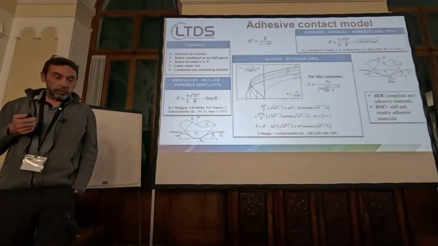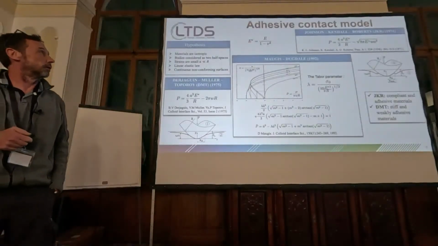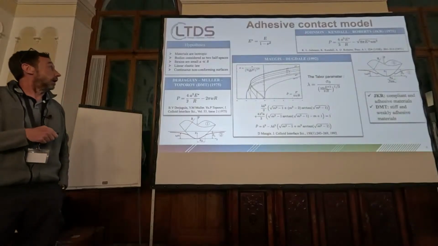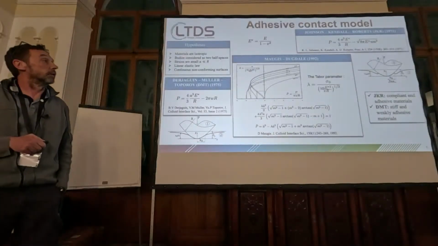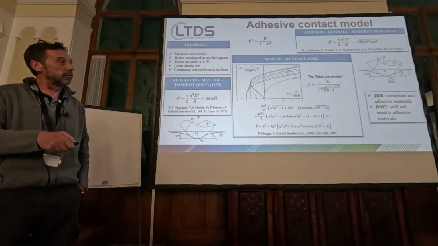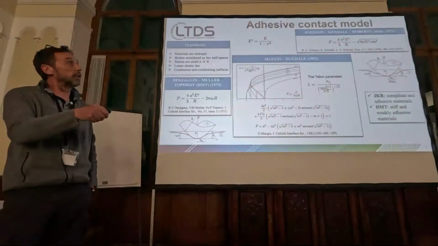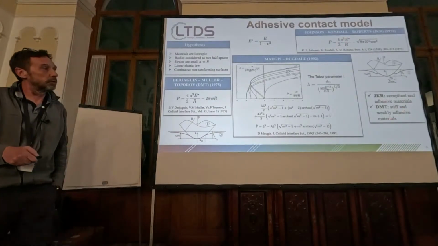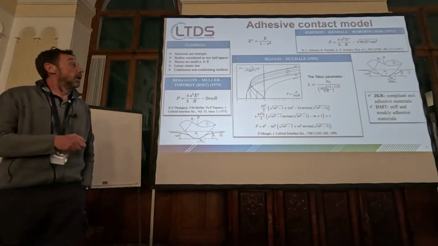So to do those fits, of course, I will need some models. You saw them this morning, but the classical models in adhesive contacts are the one from DMT on one side of the adhesive regime, so DMT for stiff and weakly adhesive materials. The other one is the famous JKR model, which relates, again, the contact radius to the normal force, which is more applicable for compliant and adhesive material.